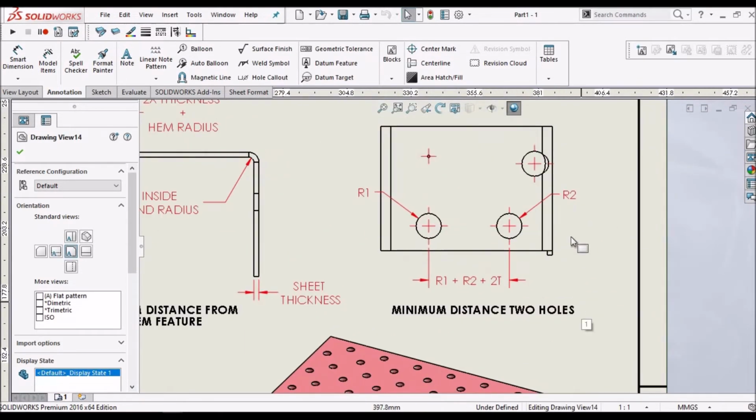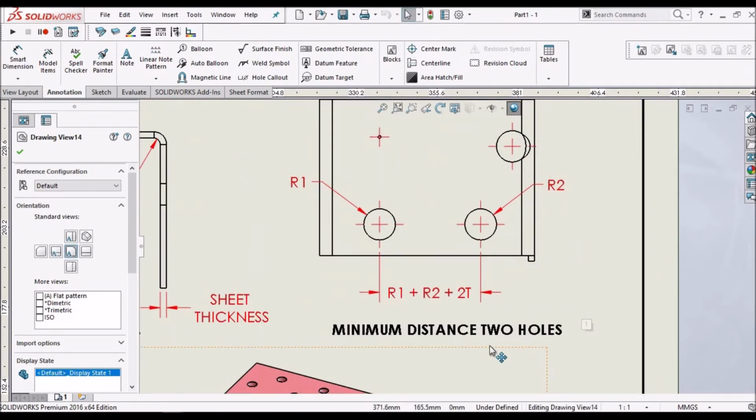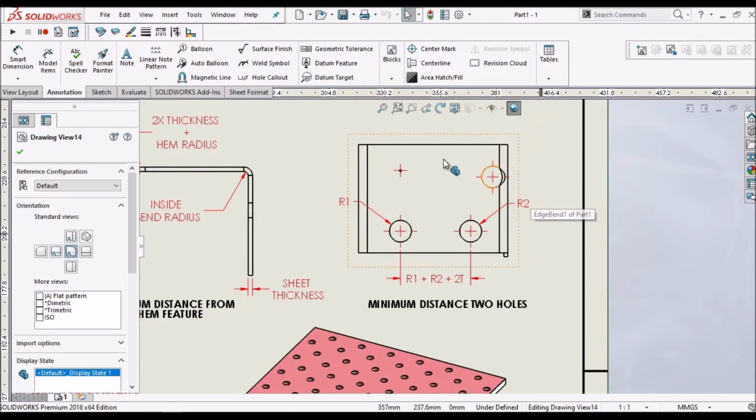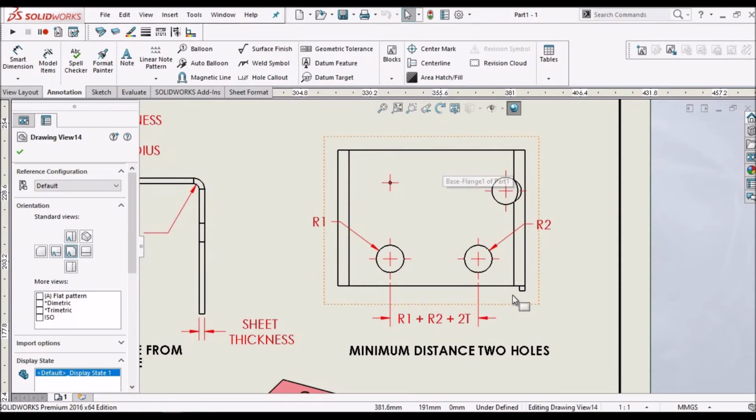So next is minimum distance between two holes. What distance do we have to maintain between these two holes? Here it is the radius R1 plus R2 and 2 times the sheet thickness.